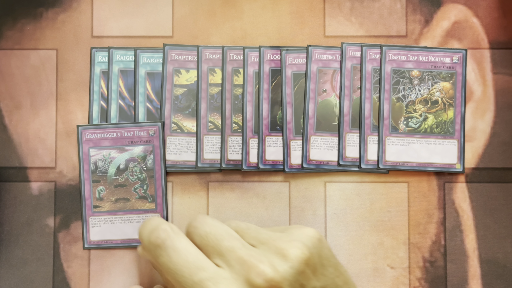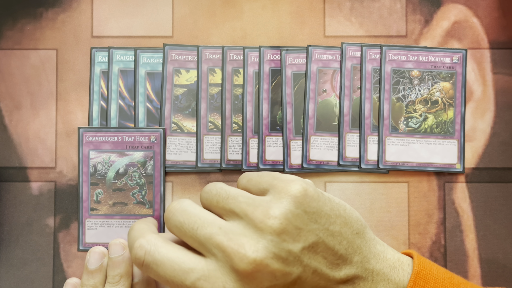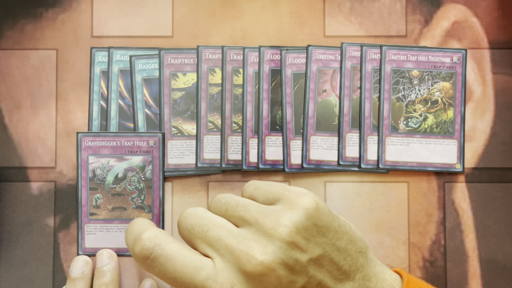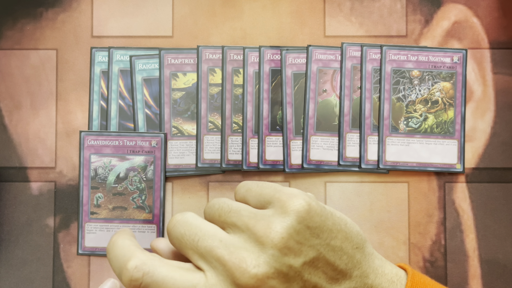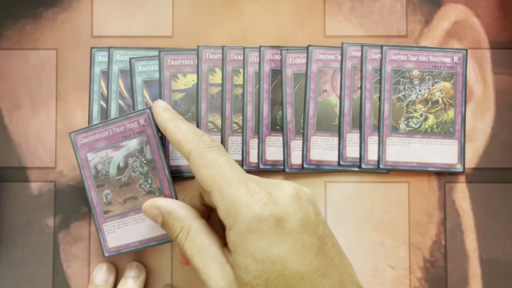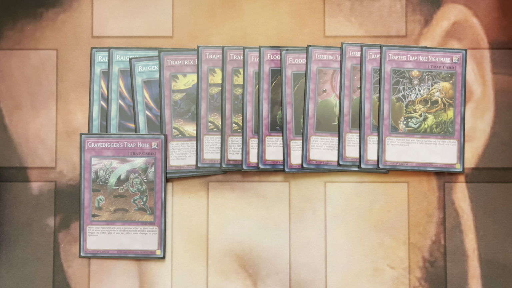1 Gravedigger's Trap Hole. I swapped it out because I have so many of these. I'm thinking about running 2 of this. This card helps you play around Nibiru and stuff like that. Unfortunately, every time I test with this card, I draw this card. Even when I was playing Scareclaw, when Scareclaw first came out, I would have everything to get into Rafflesia, and then here I go with Trap Hole in my hand, because Rafflesia has to send